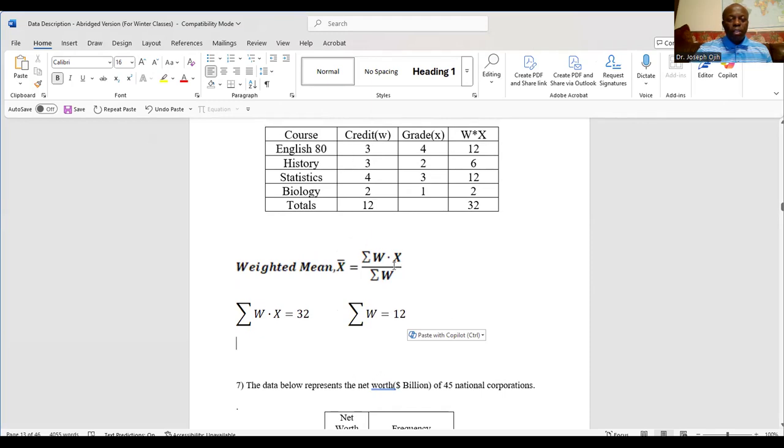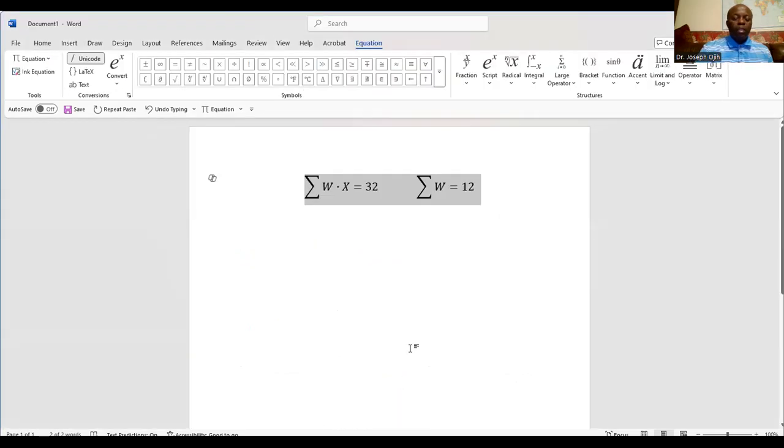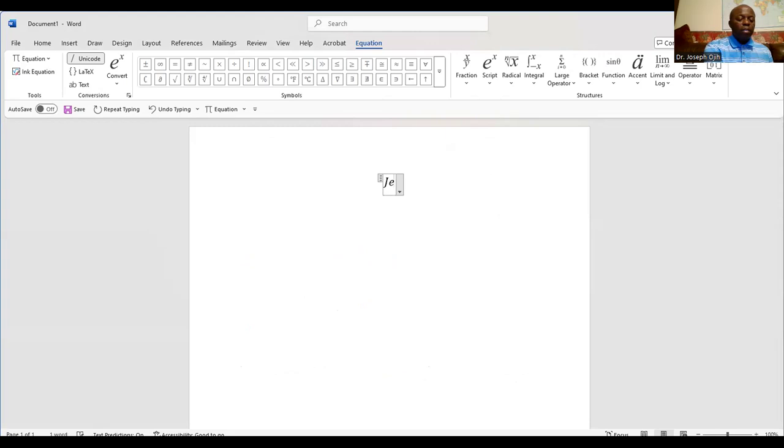So you just plug it into this formula to get our grade point average. So let's put it in. Taking you to that workbook again. So that means her GPA, Jessica's, I'll just put GPA to save space. GPA for her equals, which is the weighted mean, will be